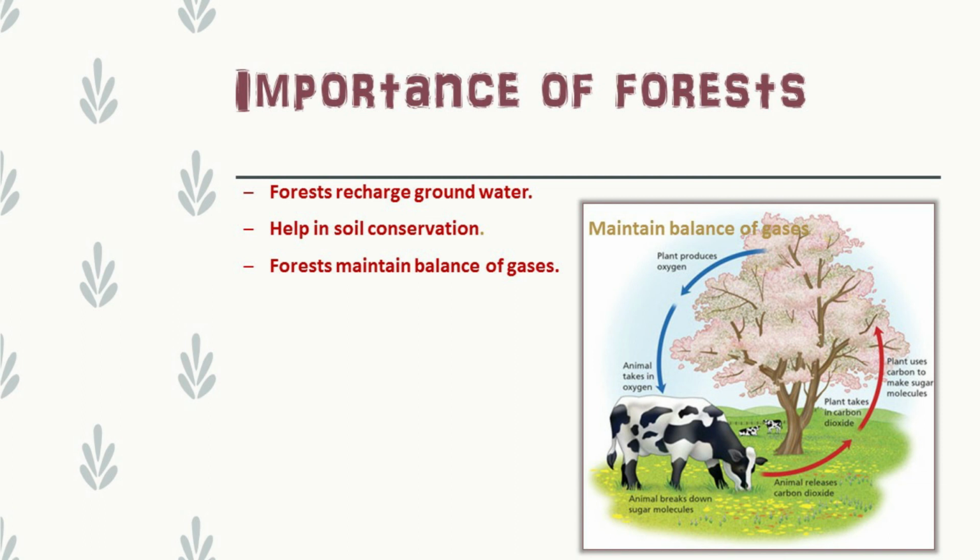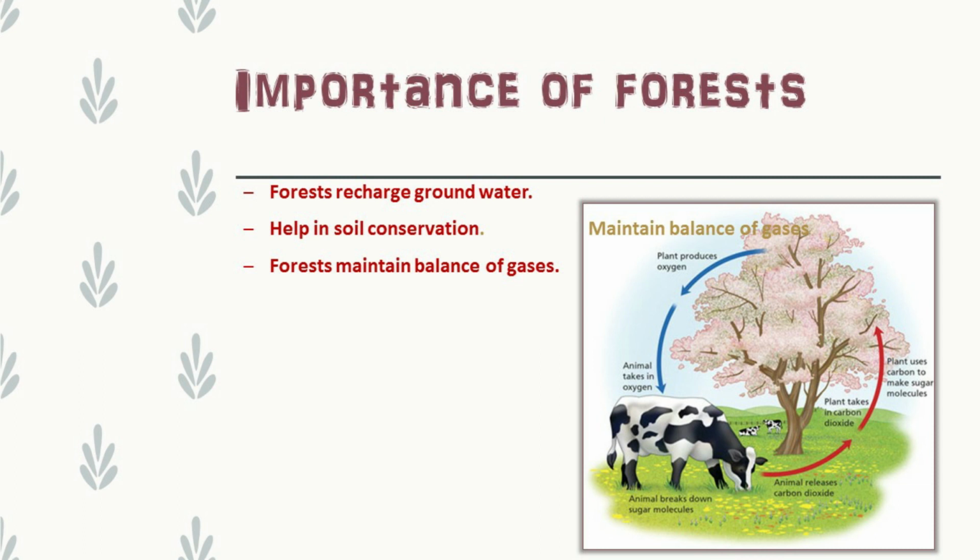Moreover, by absorbing carbon dioxide, plants maintain the temperature of the earth and prevent global warming, which is the process by which some greenhouse gases like carbon dioxide, sulfur dioxide increase the temperature of the earth at an exceeding rate. So plants absorb carbon dioxide released by us and maintain the temperature on Earth.